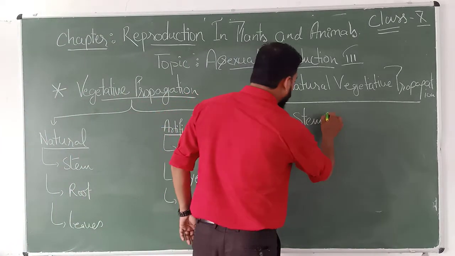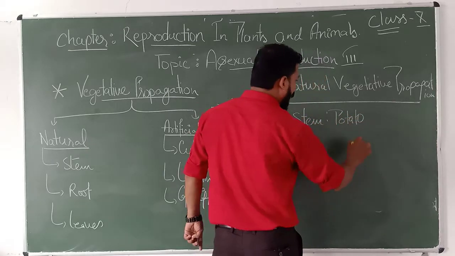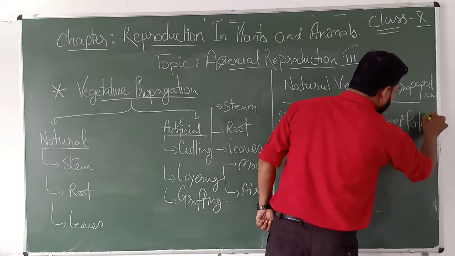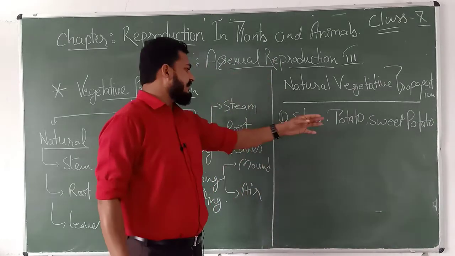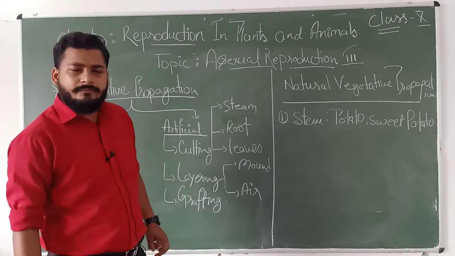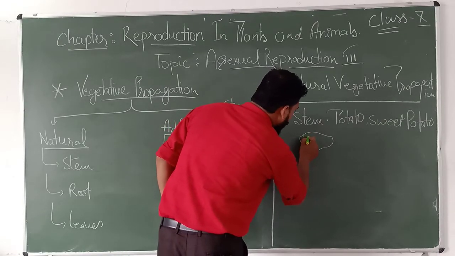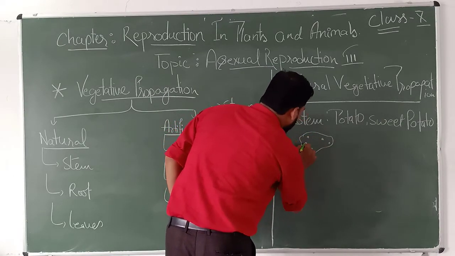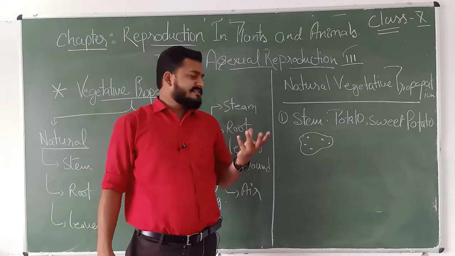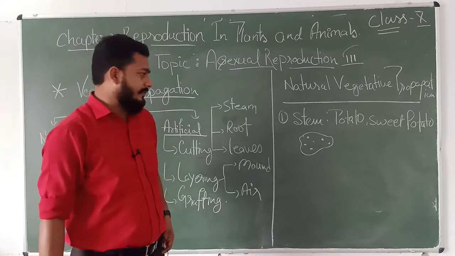And as an example, you can take potato or onion, sweet potato, etc. Now, after seeing the examples, you know well how a plant is propagated from a potato. If you see a potato, it generally bears some nodes on its surface. Potato, when given some moisture, starts to develop some nodes. These nodes are also called eyes sometimes.